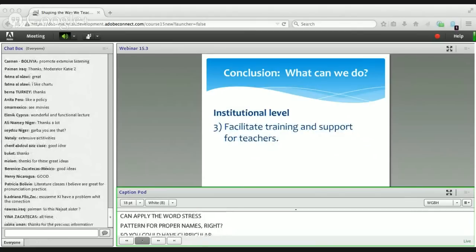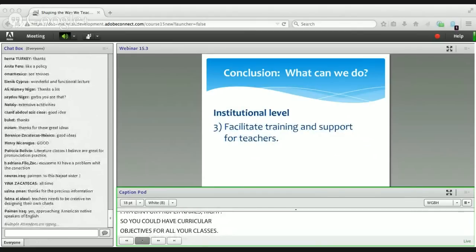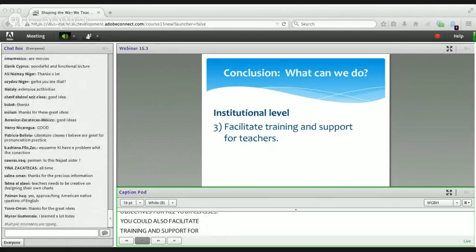You could also facilitate training and support for teachers. So if you're an administrator or you're a teacher and you want to give a workshop on this color vowel chart or word stress patterns or something. So